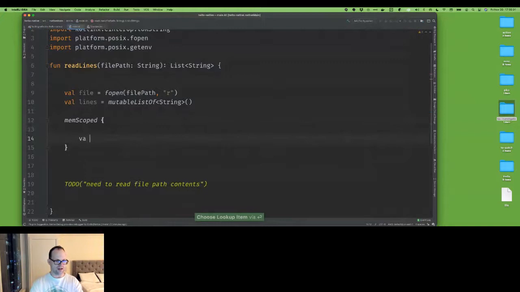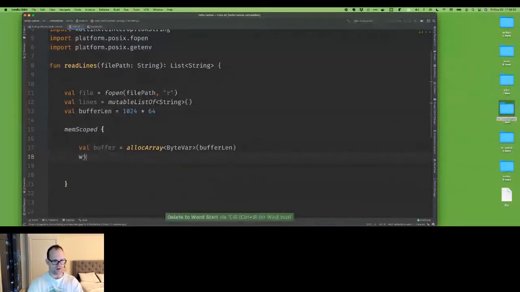So now val bufferLen equals 1024 times 64, okay? That'll be my buffer length. And my buffer is going to be an allocated array. allocArray of, and it'll be a ByteVar, okay? So an allocArray of how long? This long, bufferLen. Okay. So now I've got this dynamically allocated array, and what I want to do is read the data from the file. So I say, while